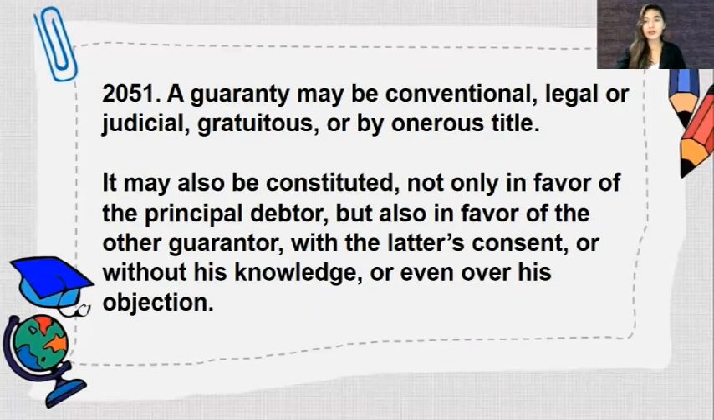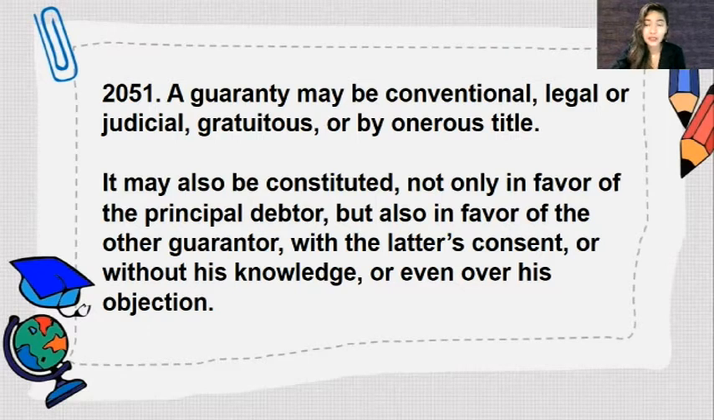Let's go to Article 2051. A guarantee may be conventional, legal, or judicial, gratuitous, or by onerous title. It may also be constituted not only in favor of the principal debtor, but also in favor of another guarantor, with the latter's consent or without his knowledge or even over his objection. So as to the manner of creation, a guarantee may be conventional, legal, or judicial, gratuitous,